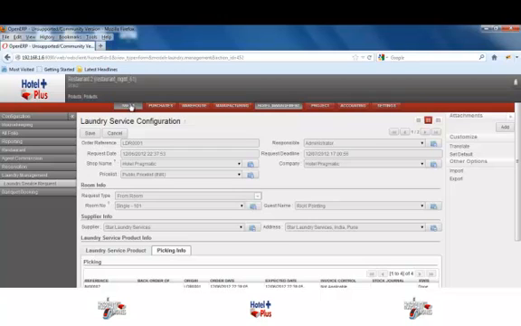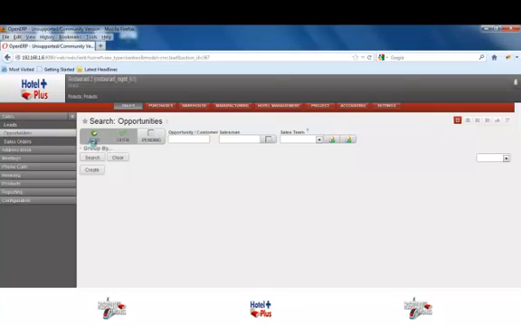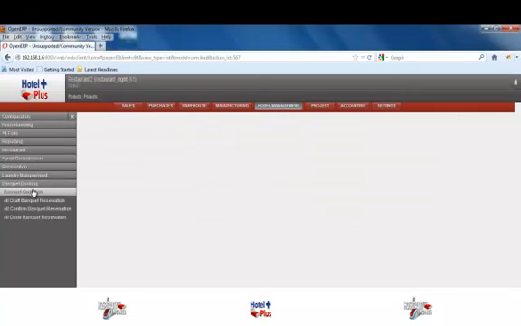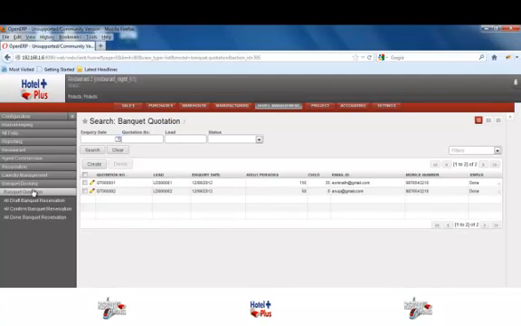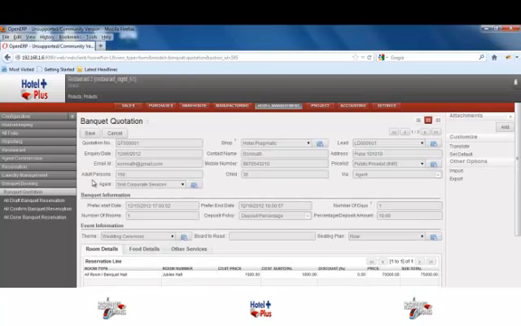In the case of banquet booking, the banquet booking process starts with CRM, where you can have a list of leads or opportunities with you. For example, there are one or two opportunities you had. Now, in this particular module in hotel management, banquet booking has a banquet quotation through which we can offer quotations to different leads generated by the marketing team. Let's go to one of its quotations which has been generated for Somnath. Somnath was one of the customers, or one of the leads, you may say,